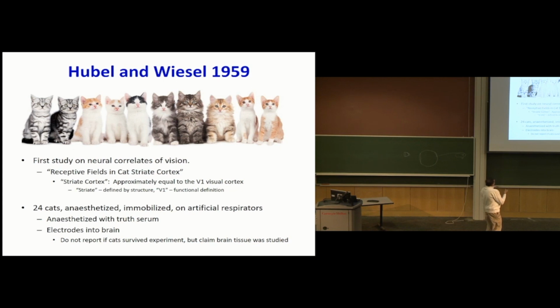They worked on 24 poor cats. They anesthetized them, they immobilized them, they anesthetized them with truth serum, and then they held their irises open. So the poor things, of course, are immobilized, anesthetized, and they can't do anything about it. And then they beamed little beams of light into the cat's eye, and studied the response. So the way they did it was they would stick